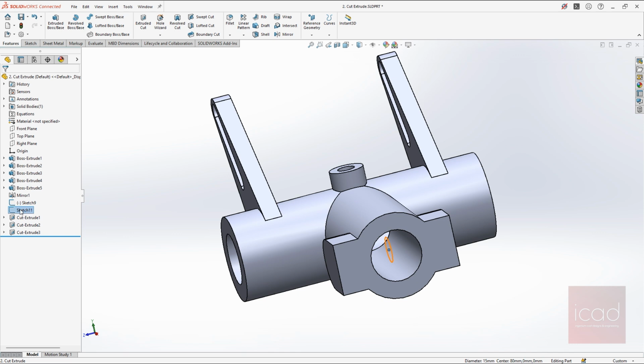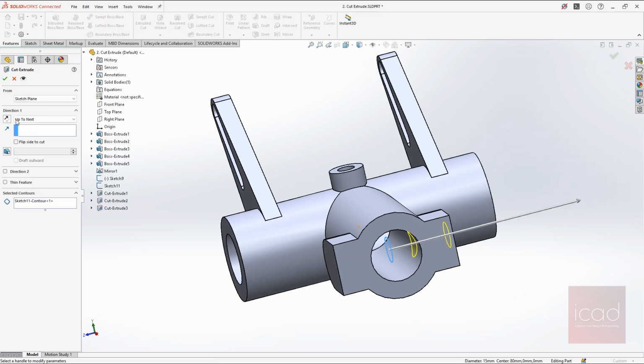That's why we don't see any negative mark or positive mark here, which says it is properly defined. It's not underdefined, it's not overdefined. Now I've selected the sketch. I'll go to extruded cut, and instead of up to next, which works but only in one direction,